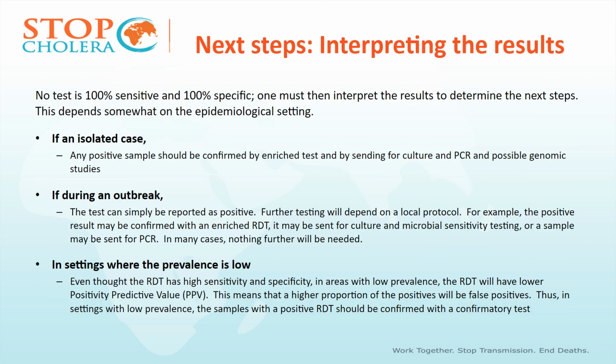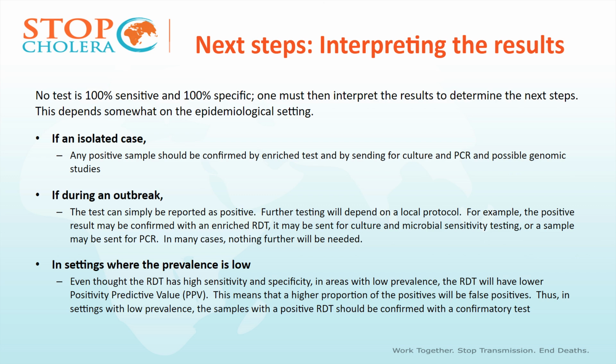After the RDT is read and reported, the result needs to be interpreted in light of the epidemiological situation. Recall that these RDTs have been found to have high sensitivity and high specificity. However, no test is 100% accurate all the time. An isolated case of cholera is extremely rare, so any such isolated case needs to be confirmed, preferably with a